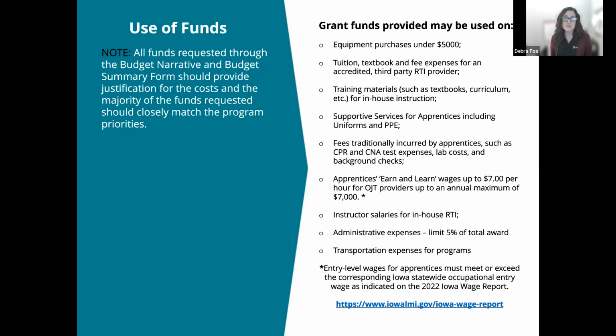Administrative expenses limited to 5% of the total award. Transportation expenses for programs. And the definition of transportation expenses would be those direct expenses for the apprentice, for example, getting them from point A to point B within their registered apprenticeship program. Entry-level wages for apprentices must meet or exceed the corresponding Iowa statewide occupational entry wage as indicated in the Iowa